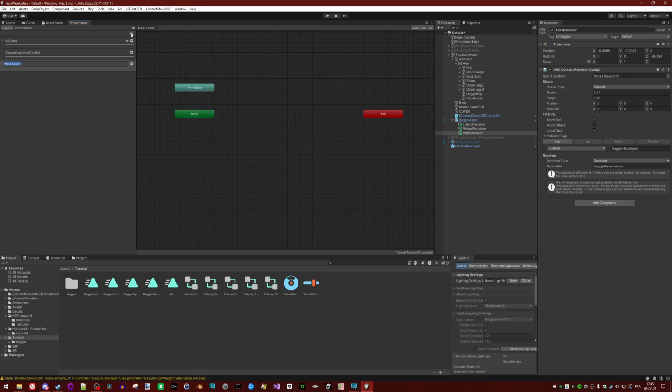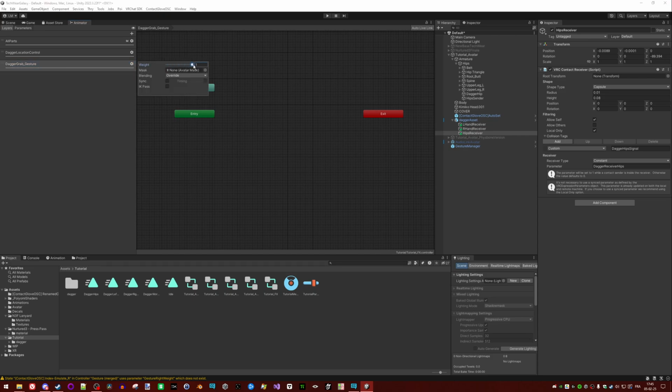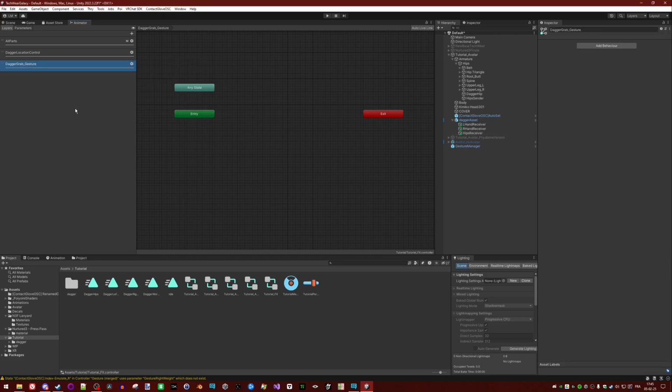So we need a new layer. Let's call it dagger grab. I will call it gesture so I can differentiate it from the one with the fishbone I will make later. Here, what do we need? We need